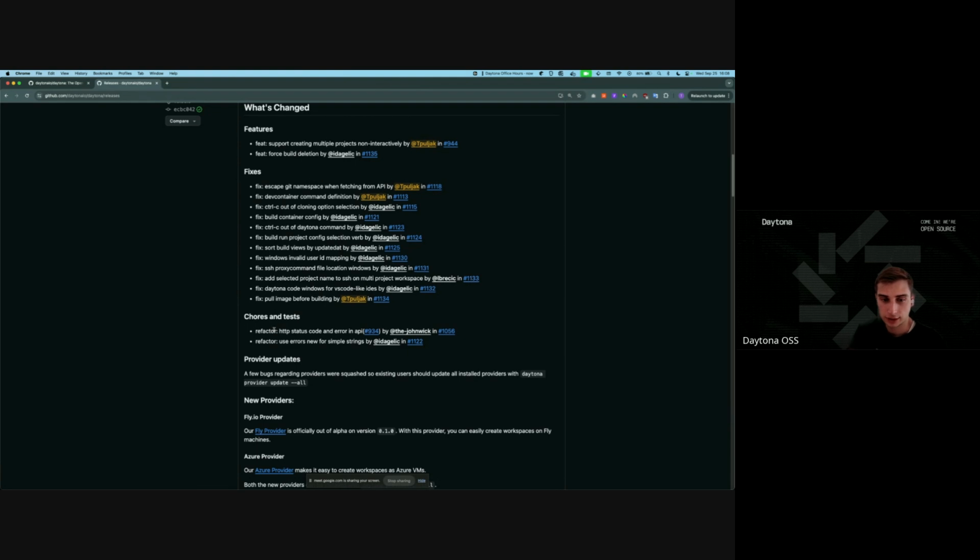Then we have chores and tests. John Wick, our external contributor, actually refactored all the HTTP status codes and errors in the Git provider APIs. So when you now do a request towards a Git provider, for example, GitHub, GitLab, Bitbucket, or whatever, now the actual correct HTTP code is forwarded to